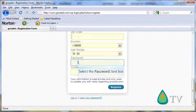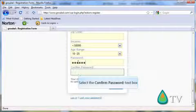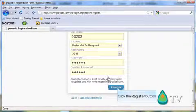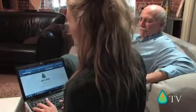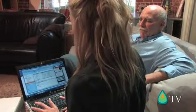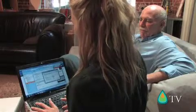And I'm going to create a password. And they're going to ask you to confirm that password. And you're going to hit the register button. There is a note about privacy on there. We only use emails to communicate anything that's going on with Groubal. What it's telling me here is that in order to activate my Groubal account, I'm going to have to go to my email. So I'm going to open up my email, press send and receive, so it's fresh, and aha,